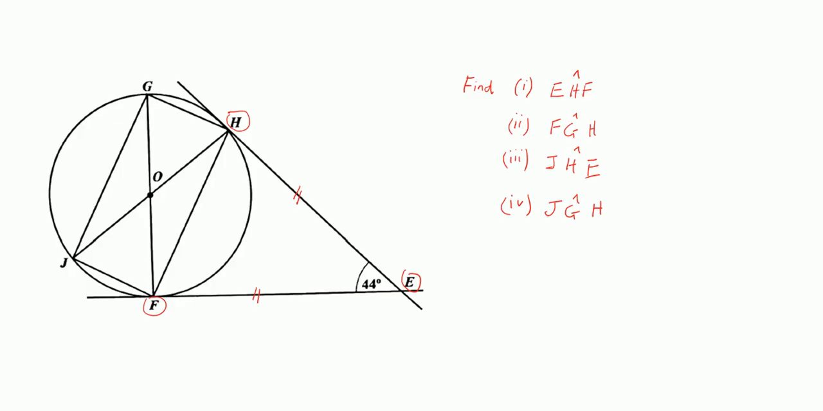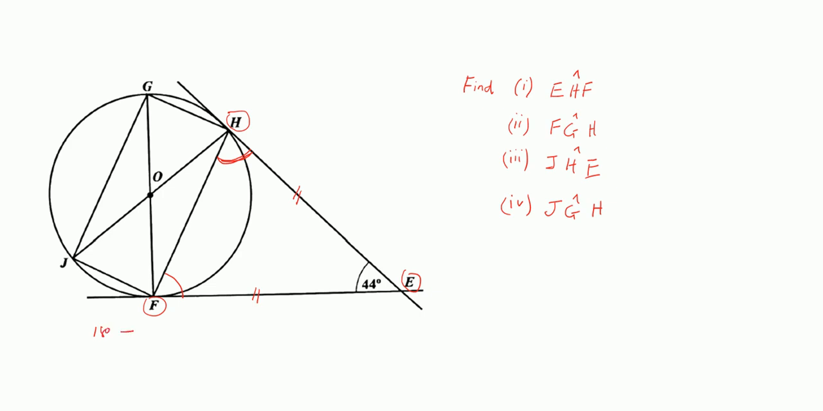Right? We also know that if this is 44 degrees, this angle here and this angle here have to be the same, right? So therefore, in the first part of the question where they wanted to find EHF, it is this angle here, right? So to get EHF, we have a triangle HFE. So therefore, EHF will simply be